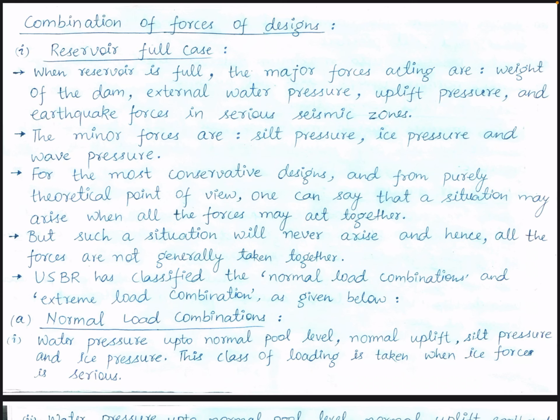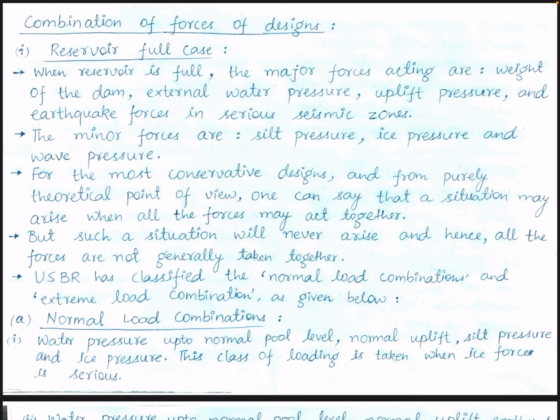In the previous lecture we have seen the various forces which can be encountered on a gravity dam. There were a total of 7 forces. Let us see what could be the combination during various cases, like when the reservoir is full and when the reservoir is empty. We have to check for the worst force combination which can cause failure, and then we have to design the dam accordingly.